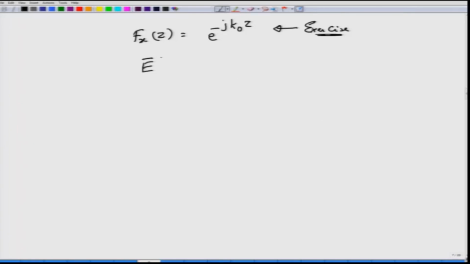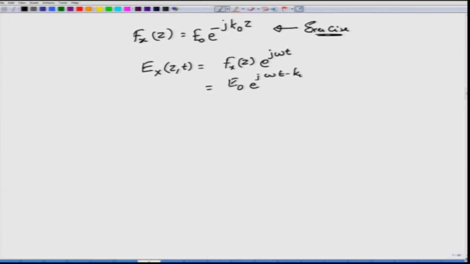What would be the electric field component? If you remember, Ex would now be a function of both z and time, and that is obtained by putting in the space variation: fx of z times e power j omega t. And what is fx of z? From the above equation we already know that it is e power minus j k0 z. Of course, you can even have a constant multiple for this one, and that constant multiple I will take as E naught instead of F naught, because that goes nicely with this expression. So, what I have is E0, a constant, times e power j omega t